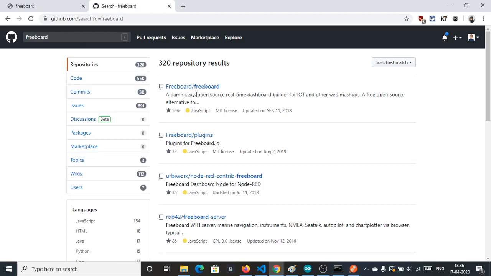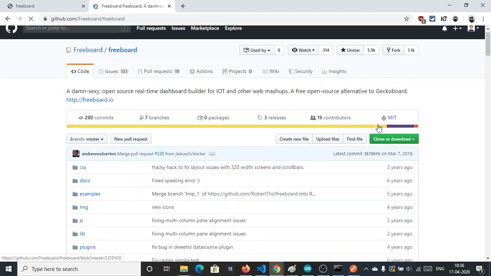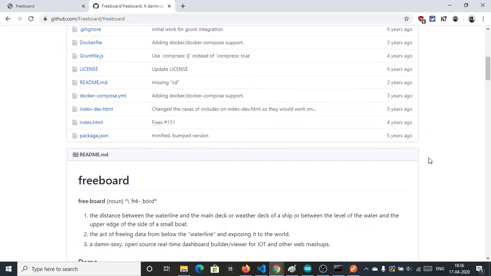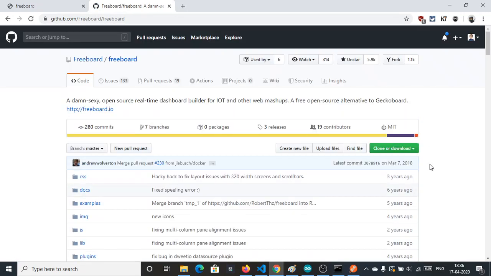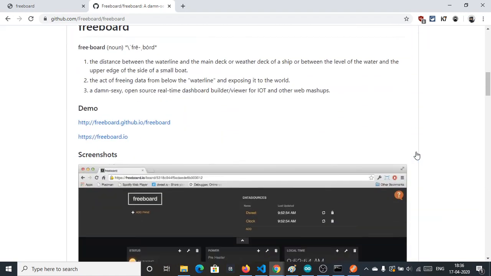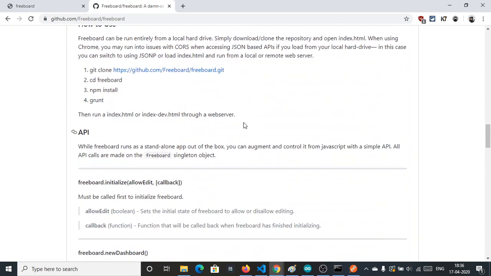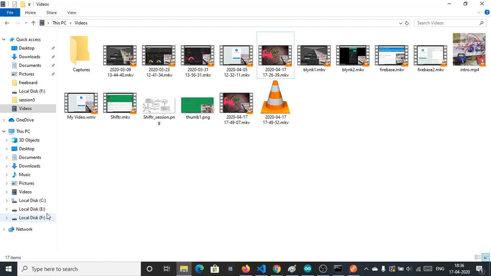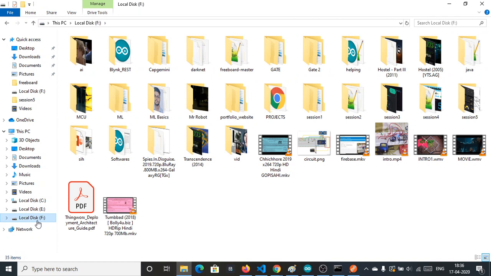As you can see here, it is an open source real-time dashboard used by many companies, and there are a few steps to install it. You need to clone this library, and after that I will check that. After that, follow my steps.